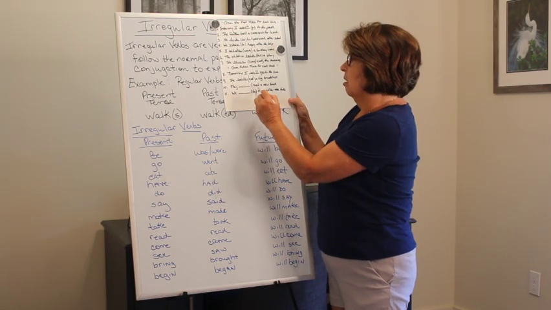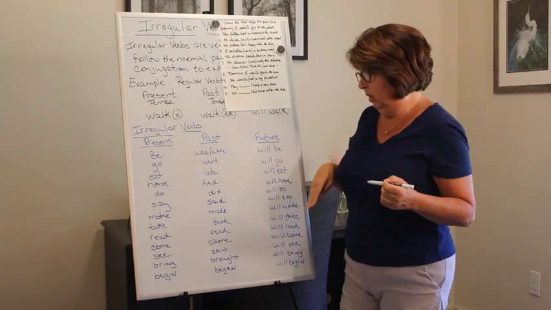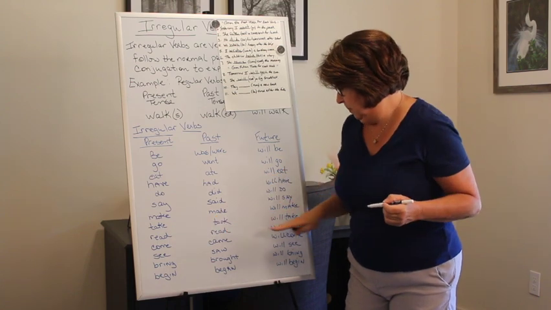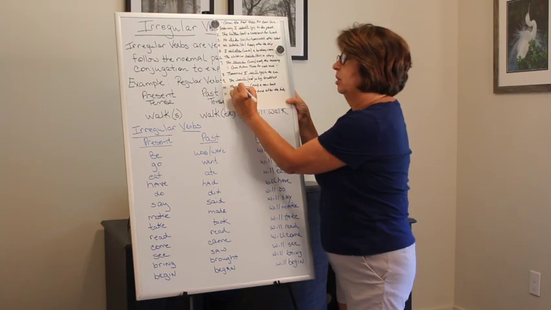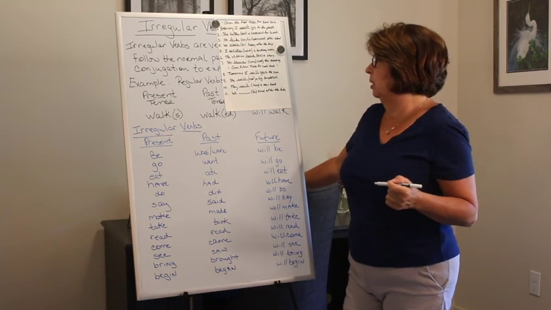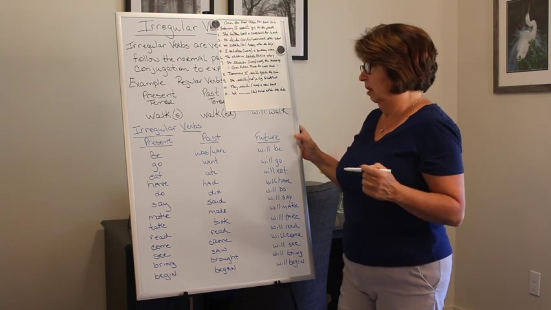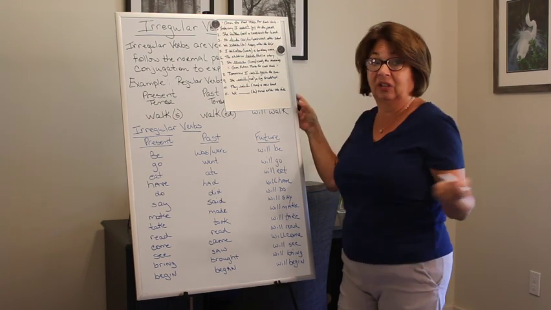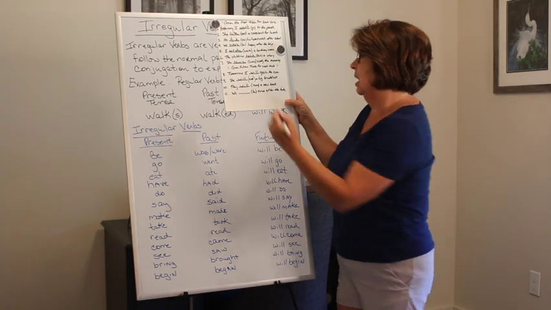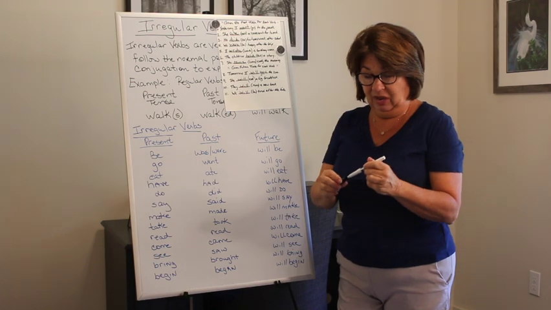All right, they read a new book. Okay, so what do we do with read? Here it is. So we're going to put will in front. Will read. And finally, you do the last one. We be tired after the hike. Okay, this is future tense, so we're just adding will to the word be, and then we have our future tense. We will be tired after the hike.